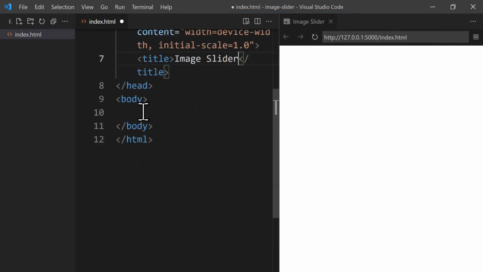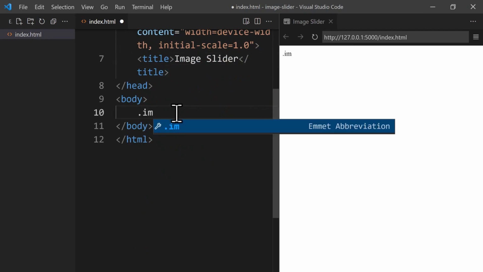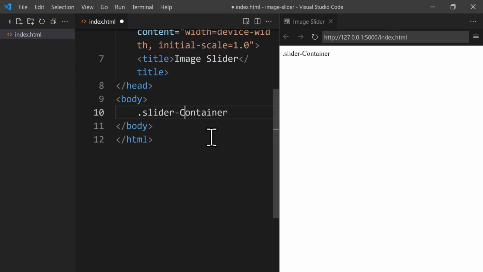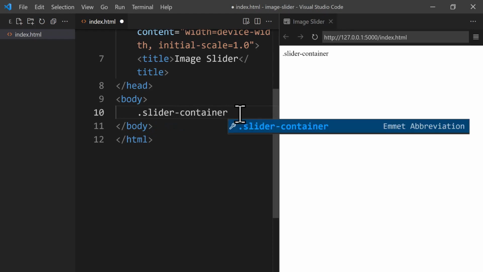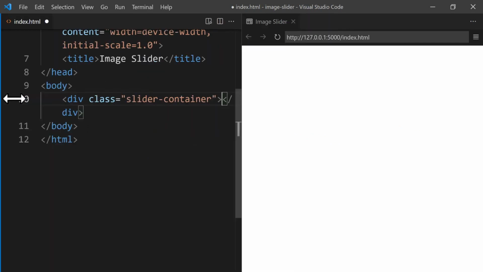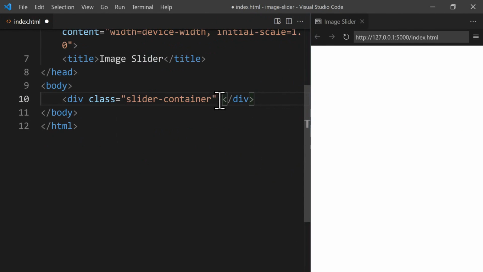And in the body section, let's add a container, an image container for our, actually just call it a slider container. So it's a div with a class of slider-container. Just make this one small. And we click on the auto suggestion to get the div. Let's close this Explorer section by dragging this line to the left. And inside this div,